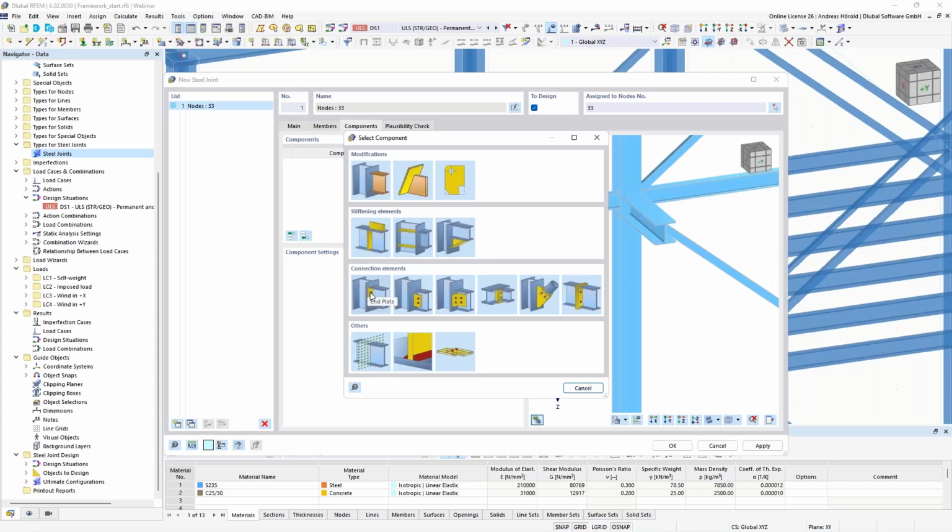Then under connection elements, end plate, fin plate, under others, the auxiliary plane, a help plane, then the welds and the fasteners. Yeah, that's the current state of that library. We will extend that library continuously. A team of 8 members or 8 employees are working on the development of the add-on steel joints. We also extend the